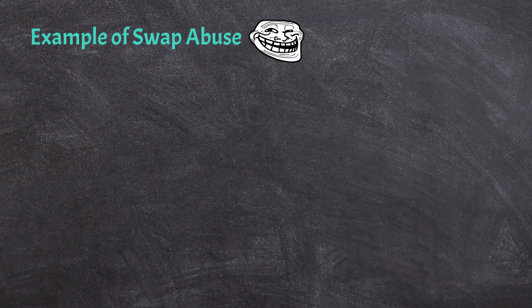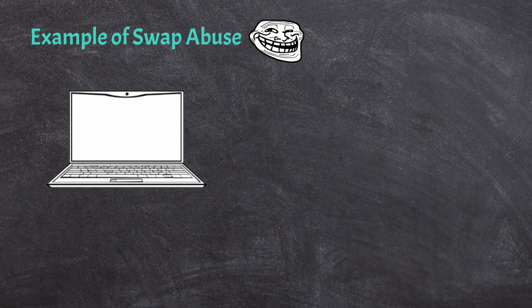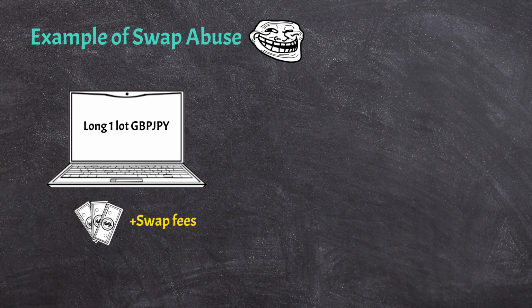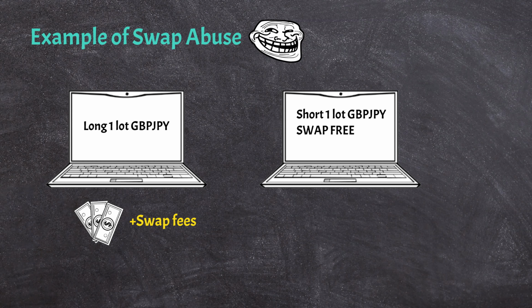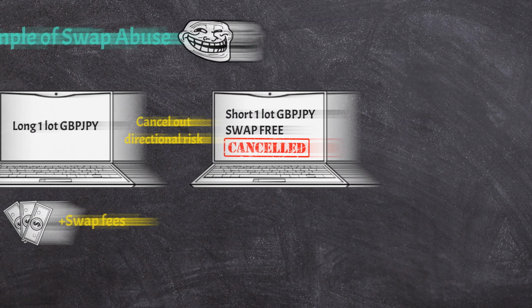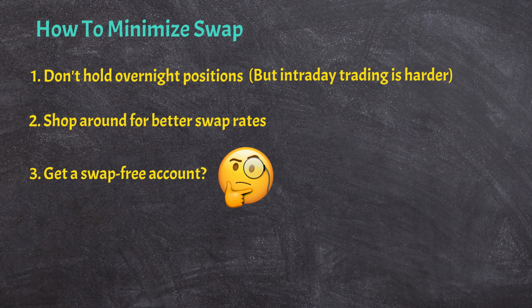This occurs when you open a normal account with one broker and go long on a high-yielding pair like the pound-yen, collecting swaps in the process. If you simultaneously short the pound-yen with a swap-free account, either with the same or with a different broker, you get a zero-risk trade, with the net profit being your long swaps. Of course, brokers can easily track this on their servers, and your swap-free account will likely be terminated. In general, I think it's silly to open a swap-free account just to avoid swaps. Just treat swaps as a normal cost of trading and focus on earning legitimately.